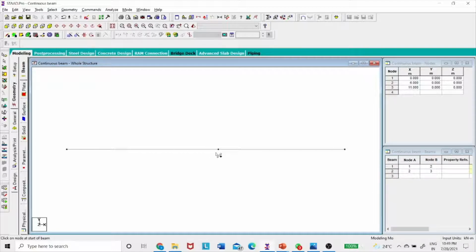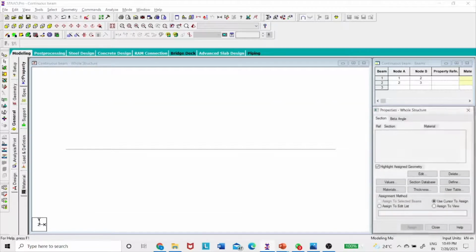That cannot be considered as two beams. But actually it is a two-span continuous beam. So A to B is one span and B to C is another span, so you have to create one beam from A to B and another beam from B to C. Okay, and then after that you go to the general.